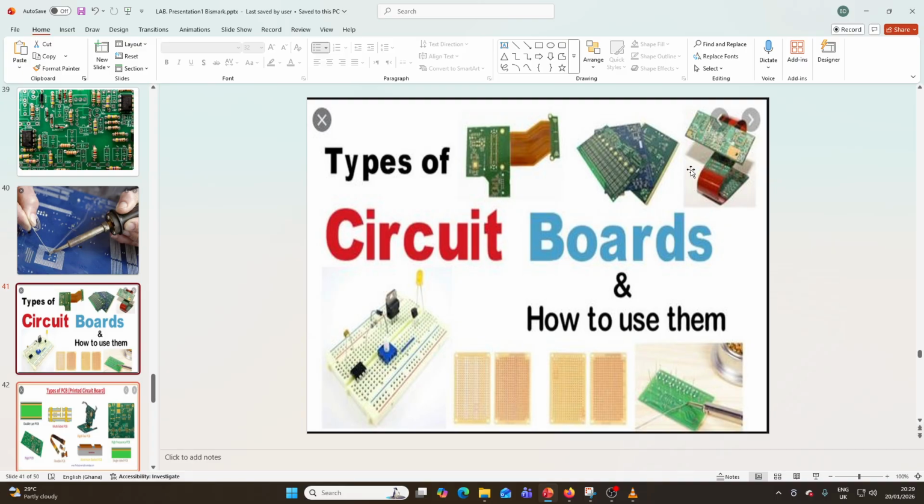Okay, then we also have these breadboards. So these breadboards are for temporary circuits. This one you can easily unplug from the board. Maybe you are designing a circuit, you want to test it. Okay, so you don't want to solder them, but with the breadboard you can just be plugging them on the board to test if your circuit is okay. So once it's okay, then you just insert them on the PCB board, then you solder them. So this is for what? Temporary circuits, that is the breadboard, while PCB boards are used for what? Permanent circuits.